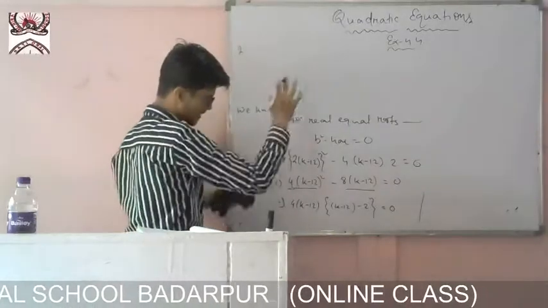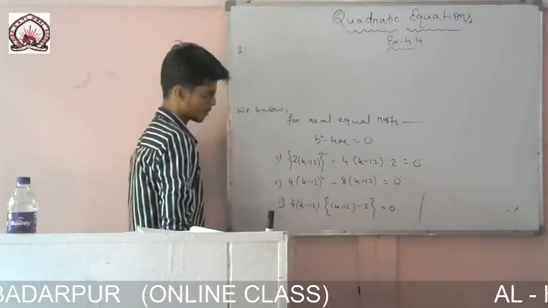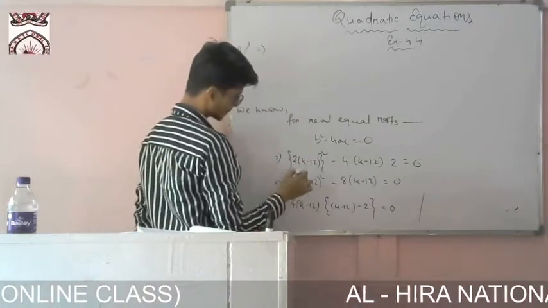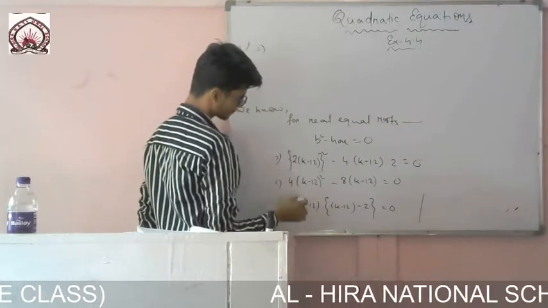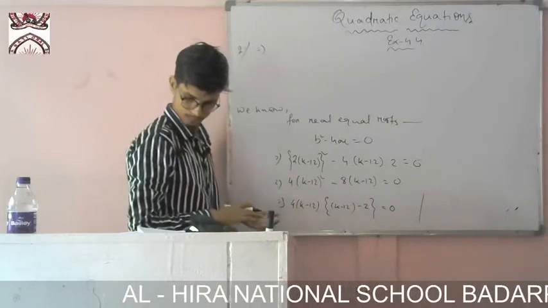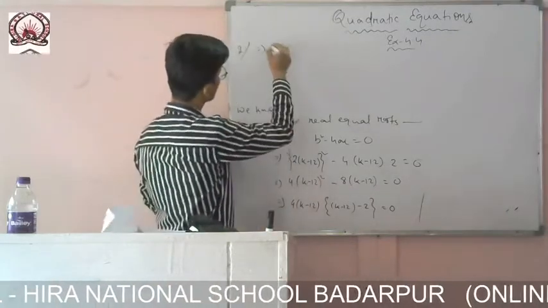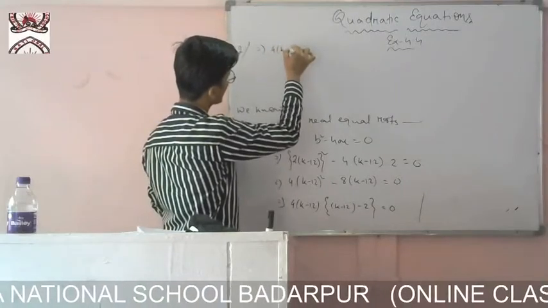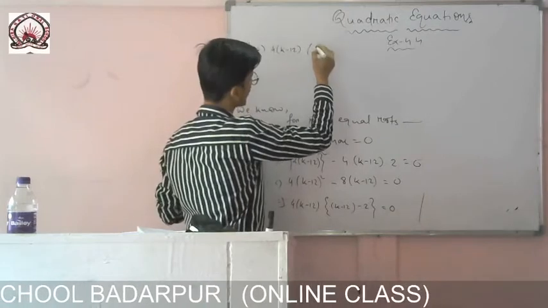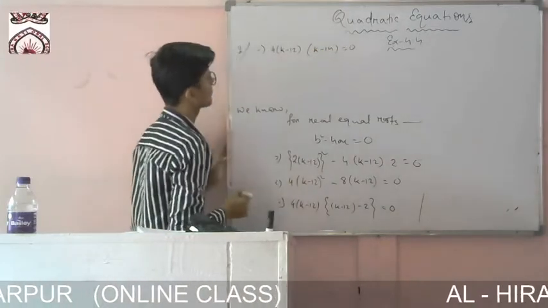If you want, you can make it lengthy. You just express it. It will be 4-5 lines more. No problem. Okay. So after that it will be this part. So 4 (k minus 12), and that one if I solve it, k minus 12 minus 2, it will be k minus 14 equals to 0.